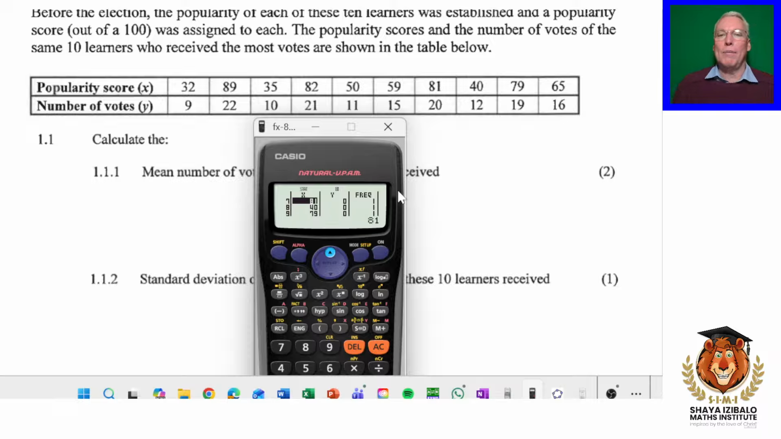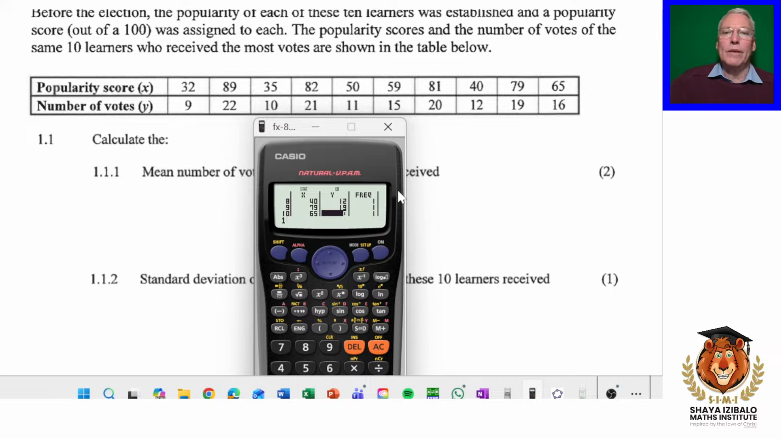All right, now we're going to go back up to the top and we're going to put in the y values, the corresponding y values. So 9, 22, 10, 21, 11, 15, 20, 12, 19,